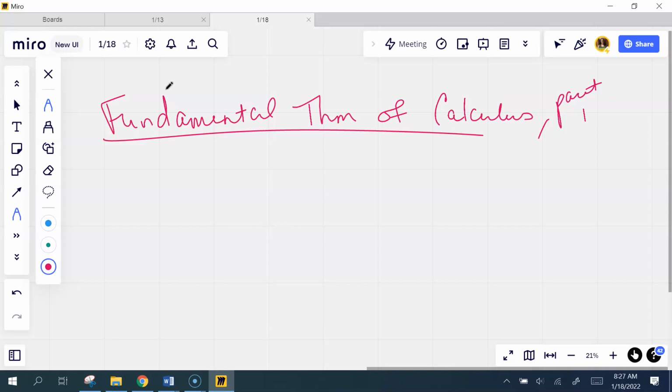All right, we'll start with the easy part. If I have an antiderivative F that is equal to the integral from a to x